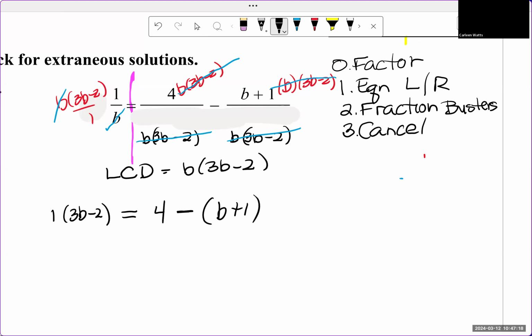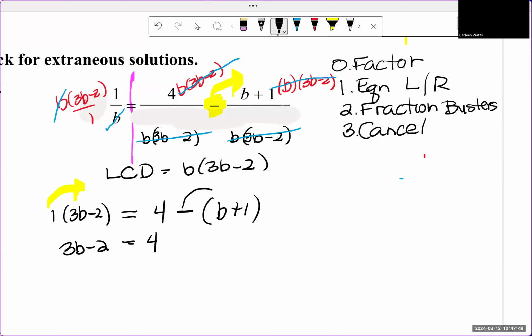Now, why did I put parentheses around b plus 1? Because it's distributed. Do we see that we will need to distribute? If this is a minus right here, you're going to need to distribute, so you're going to need parentheses. Okay, let's clean it up. There's nothing to distribute here, right? That's just a 1. So I have 3b minus 2,